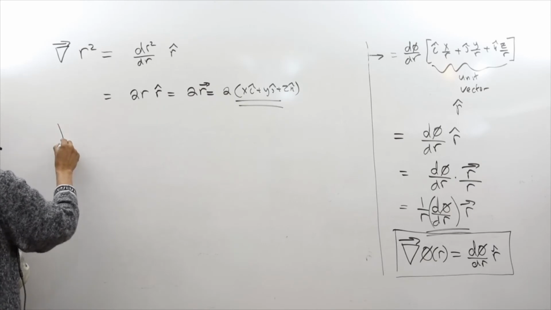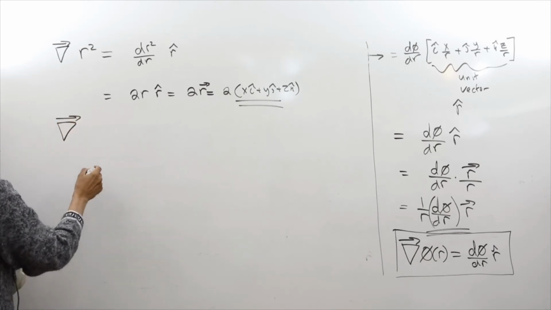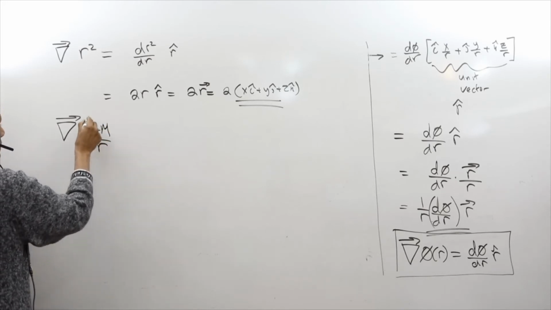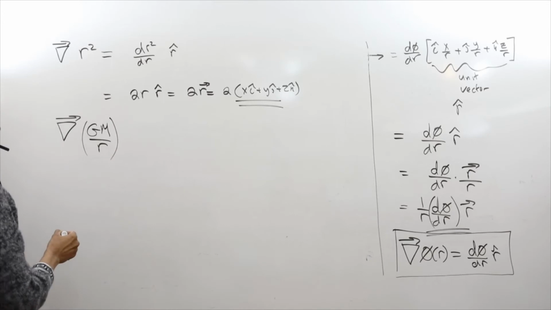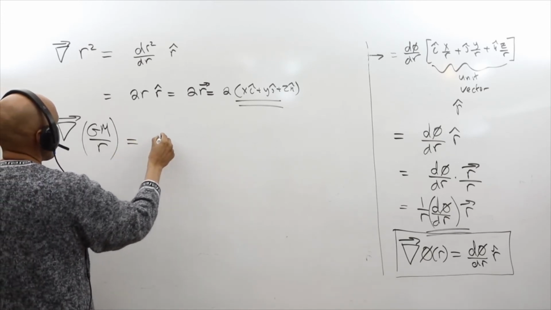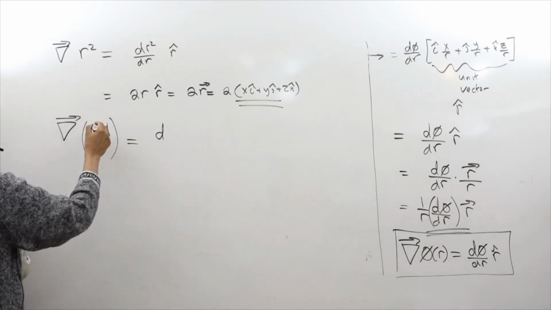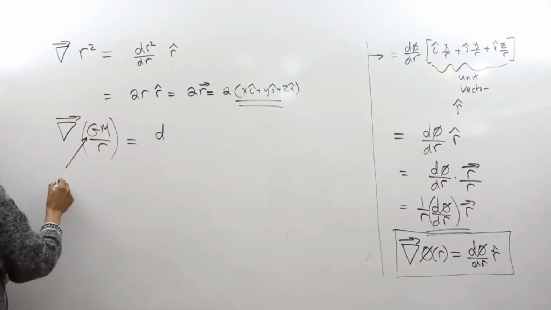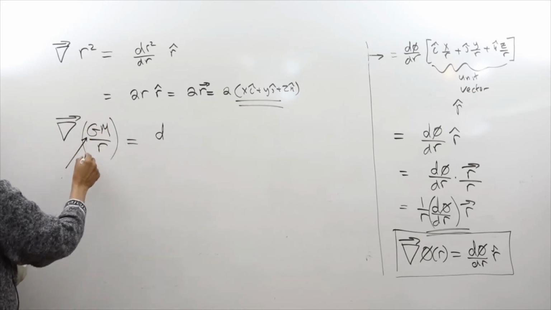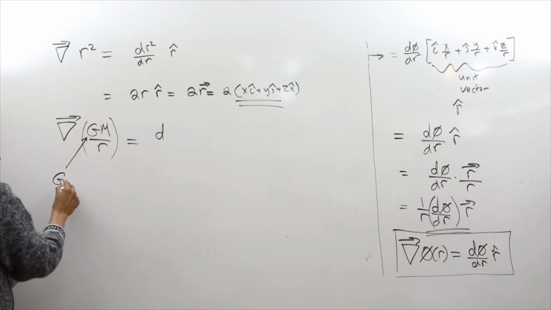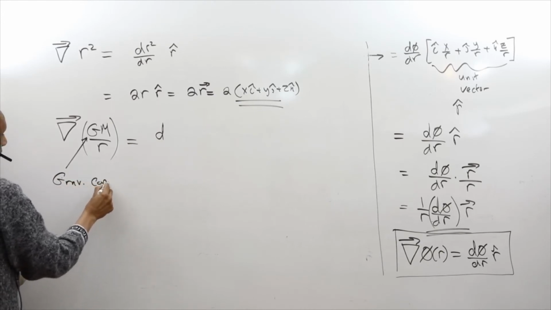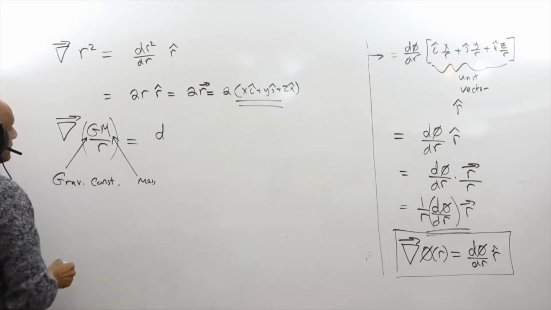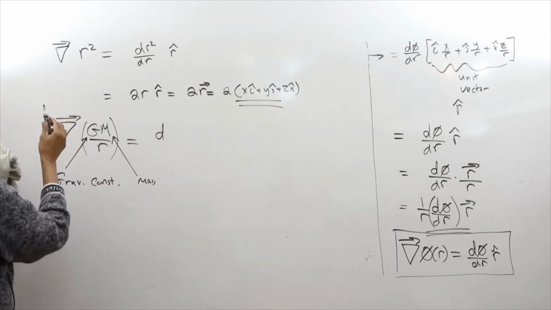Let's try another function. For example, if somebody gave you a function like GM over r, what is that equal to? I mean this to be the gravitational constant G, so gravity, 6.673 times 10 to the minus 11, and m is the mass of some object. R is the radial distance from the center. So if somebody gave you the gradient of GM over r,